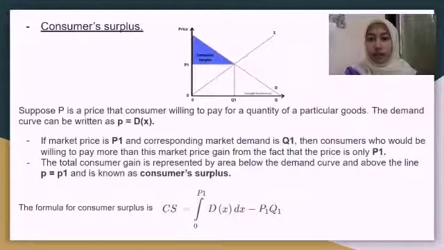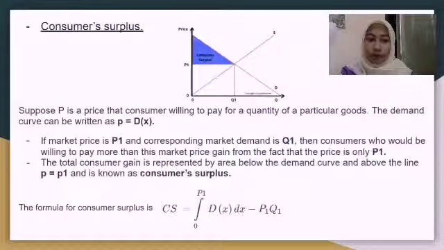Next, integration is applied in economics and business to find consumer surplus. Look at the graph below and suppose that P is a price that the consumer is willing to pay for a quantity of a particular good. The demand curve can be written as P equals D(x). If the market price is P1 and the corresponding market demand is Q1, then consumers who would be willing to pay more